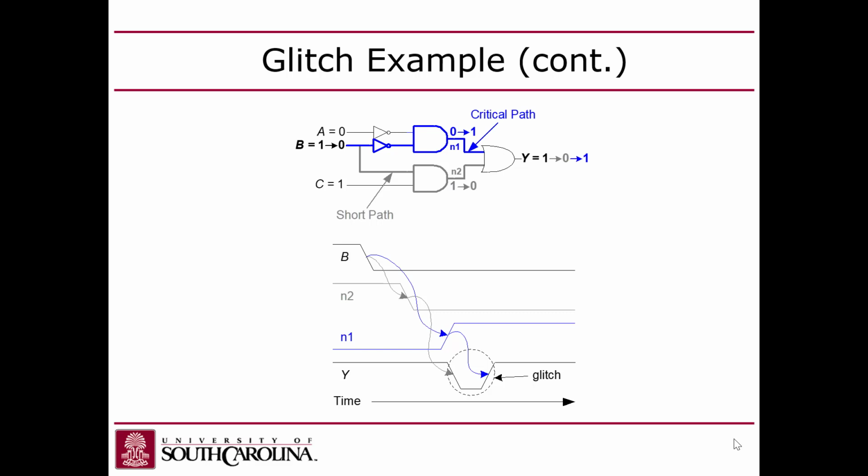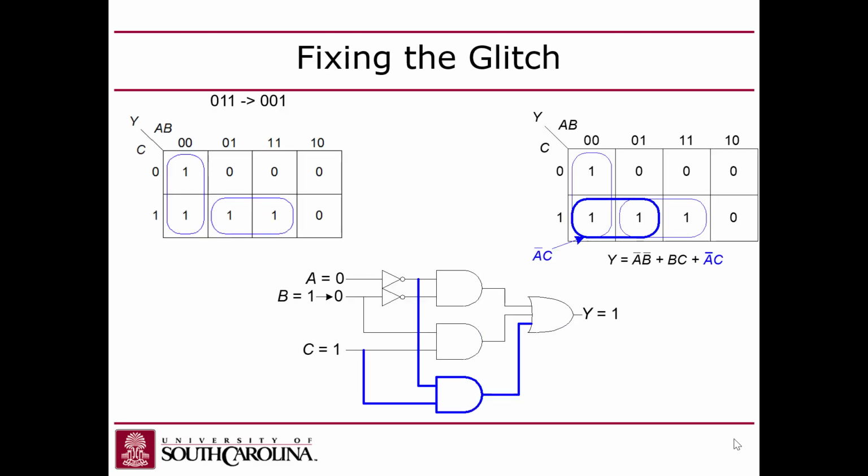And so you'll end up with a glitch where the output will be 1, it'll go to 0, and it'll come back up to 1, right? Because there's a delay between these two AND gates when they activate. Right? That's the glitch. Now, if you look at it logically, if you look at this on a Karnaugh map,